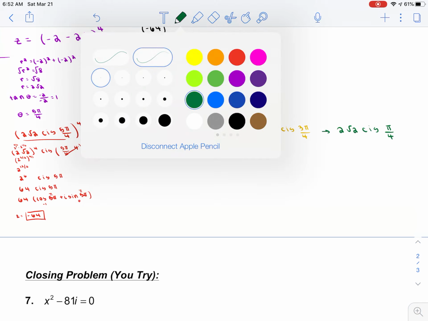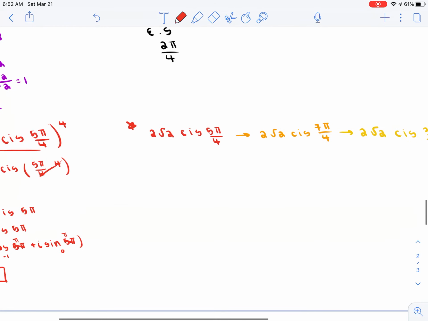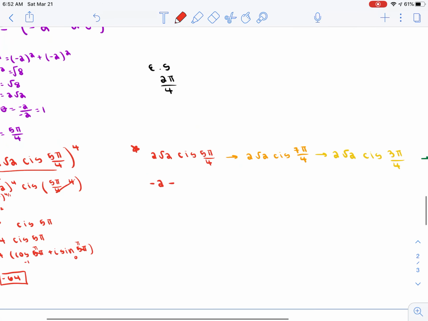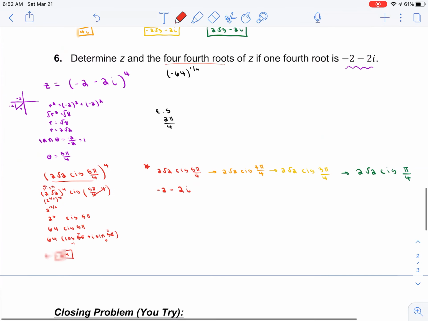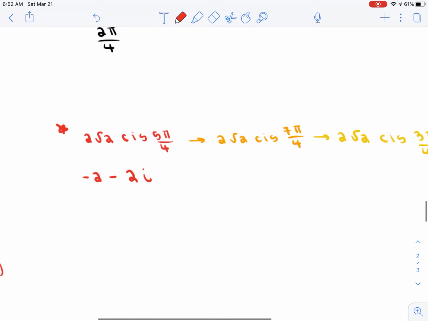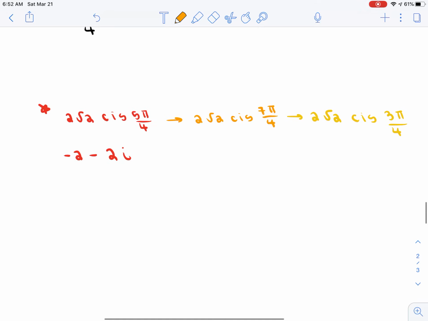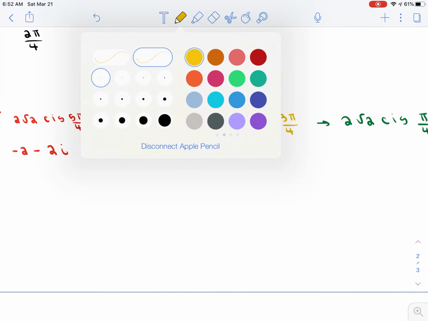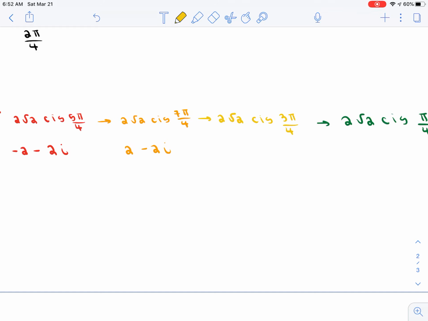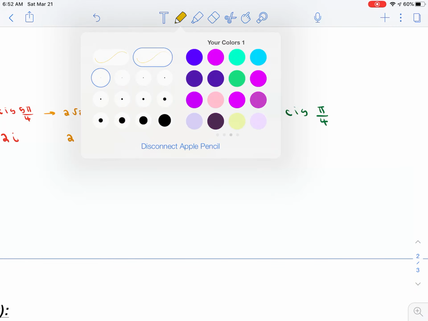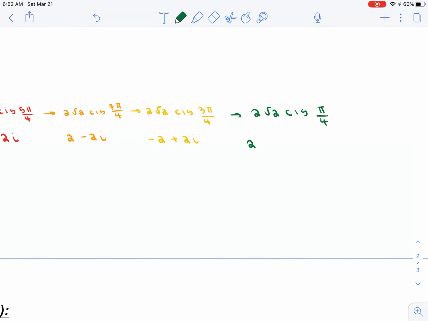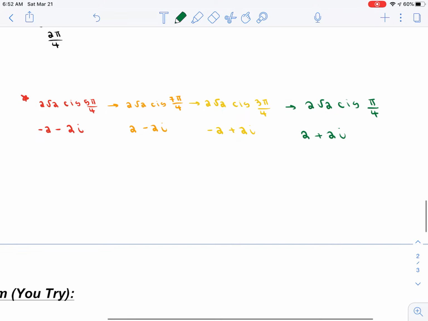Now, we already know that for one of these answers, what this is equivalent to. We already know that this is -2 minus 2i, because that's what was given to us when we started. So from here, if you want to find the remainder of these, just think about changing the signs. If you're at 7π over 4, the x value is positive, but the y is negative. If you're at 3π over 4, remember that the x is negative, but the y is positive. And then finally, if you are at π over 4, both x and y are positive. So those would be your 4 different solutions